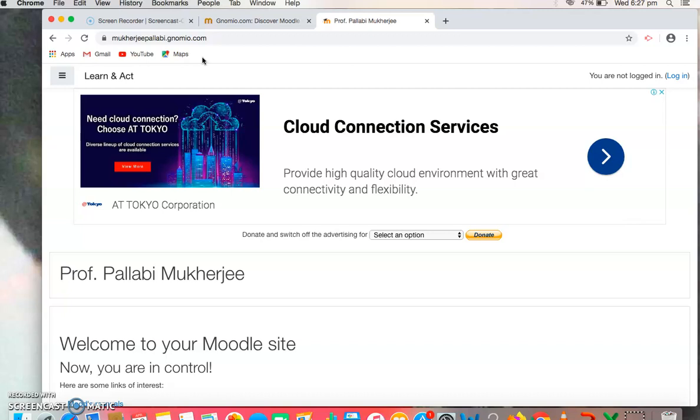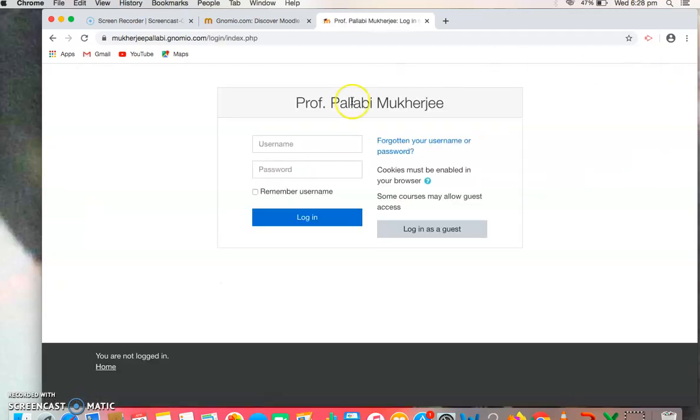and password. Now, as you open your page using your URL, which I have already opened, you have to log in. Please click on this login. It's on the right hand upper corner of your page. Click on login. Once you click on login, you have to enter your username and your password. Remember, this username and your password is given by Genomio support, and it is an email sent to you by Genomio, and you have to enter that only.